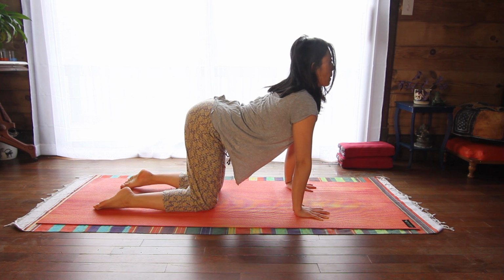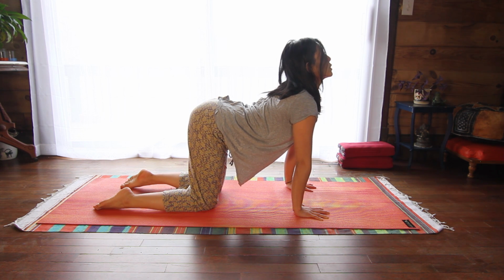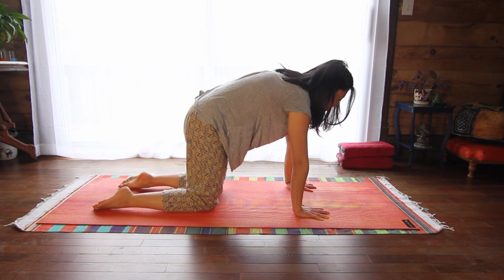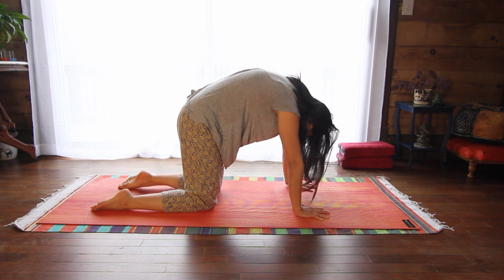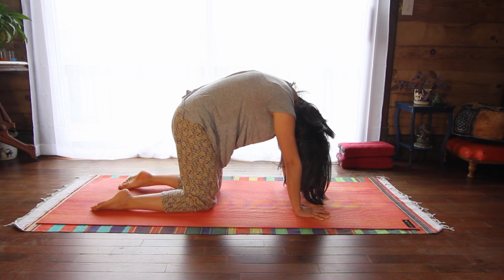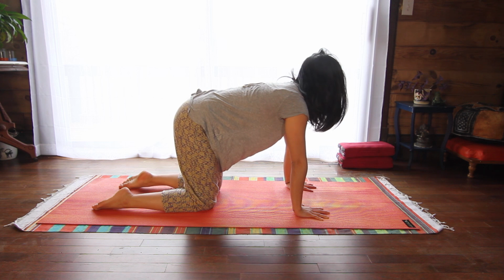As we gently warm up the spine, you might try pressing into your hands even more as you lift your chest forward, maybe even lift the gaze if that feels okay. And then you might try doing the opposite, tucking the tailbone under and pressing the palms into the floor as you gently round the spine, letting the chin gently rest towards the chest. If one of those feels better than the other, you can pause there for a couple of breaths, and then